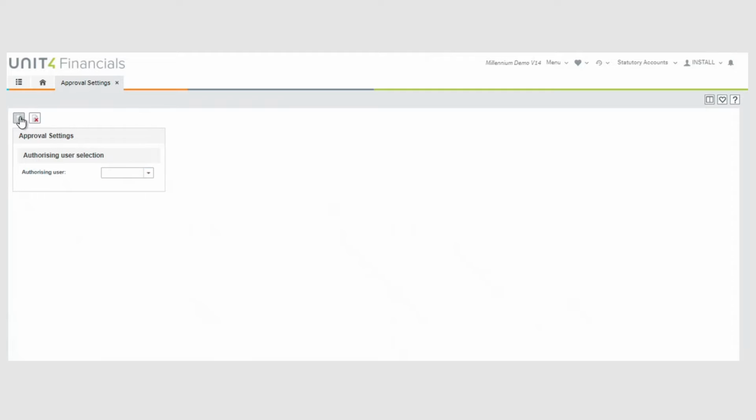Now, as far as this demonstration is concerned, I've set it up for auto approval. But what would normally happen is that the PO would go through your company's approval matrix. So if this is for audit fees, it may go to the financial controller. And if the financial controller can authorize up to £1,000, that will be it. The PO would then be issued. What I mean by issued is it would be sent automatically by email to